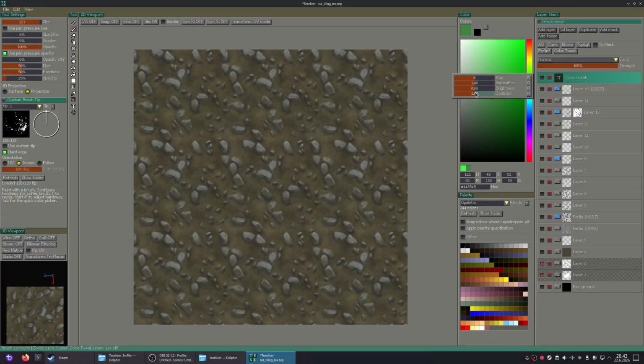The contrast was pretty good in my opinion. Of course, it depends on your use case, what you want to do with this, but that's cool.